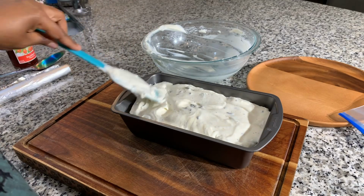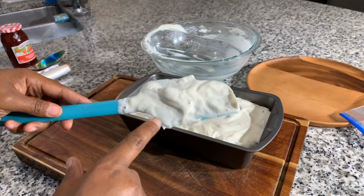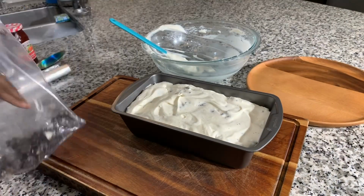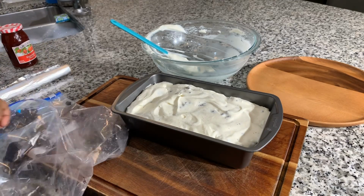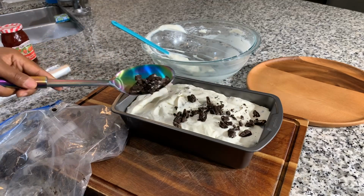This is your ice cream container that we'll be using. I'll eat that when the camera goes on pause. But we did save some. And here's what I'd like to do. Let me just use a spoon here. And then if you have plastic wrap or wax paper,